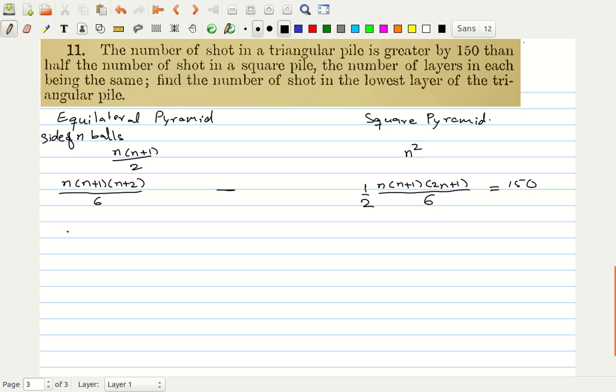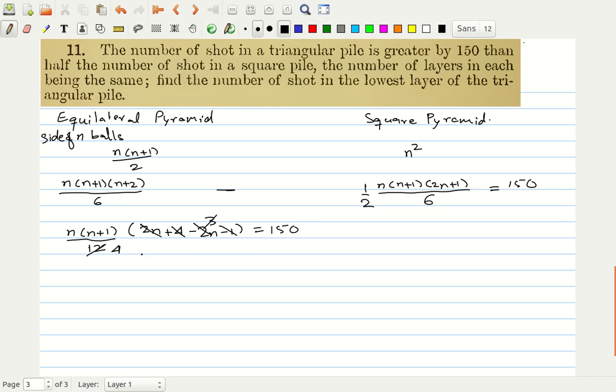So we can take out n times n plus 1 by 12 as a common factor, right? So you will be left here with 2 times n plus 2, so that is equal to 2n plus 4, minus 2n plus 1, so that is minus 2n minus 1. This is equal to 150, and this 2n minus 2n cancels. This is 4 minus 1 is 3